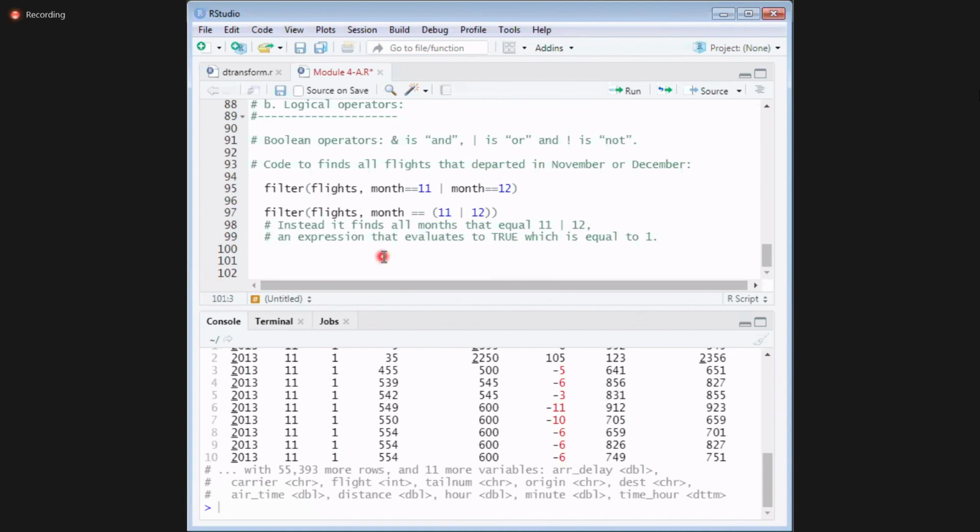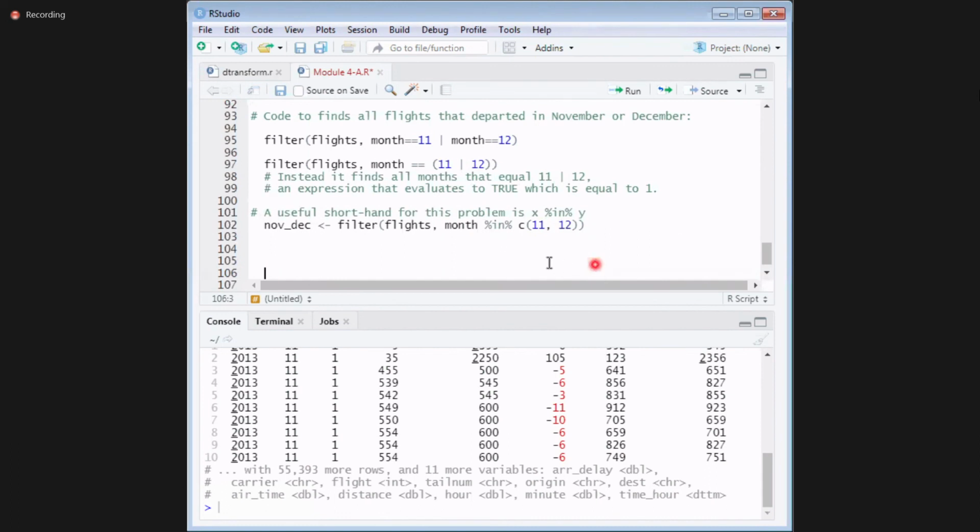So there is one more useful way of doing it: flights filter month in a vector 11 comma 12.